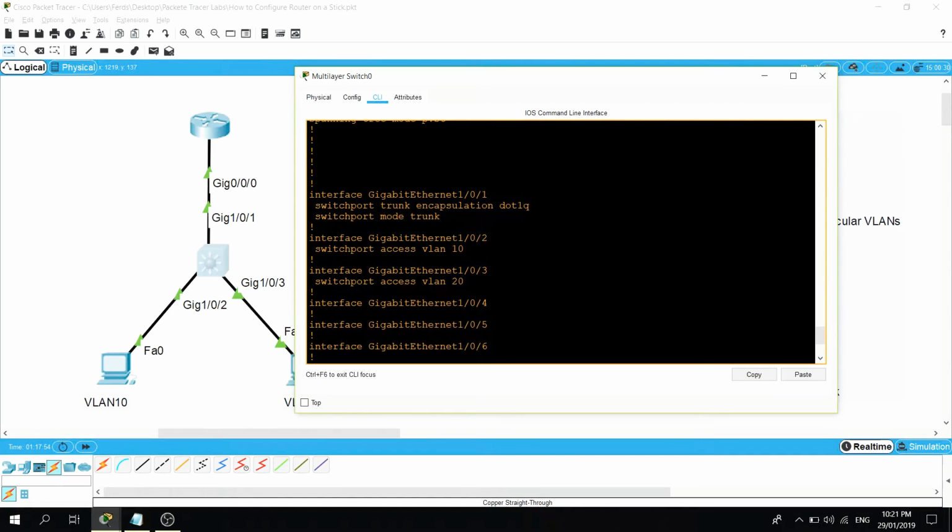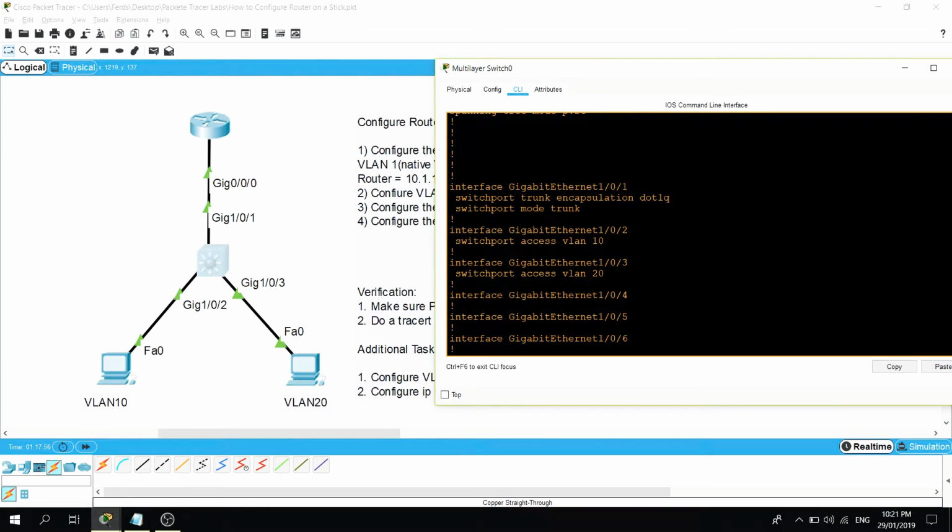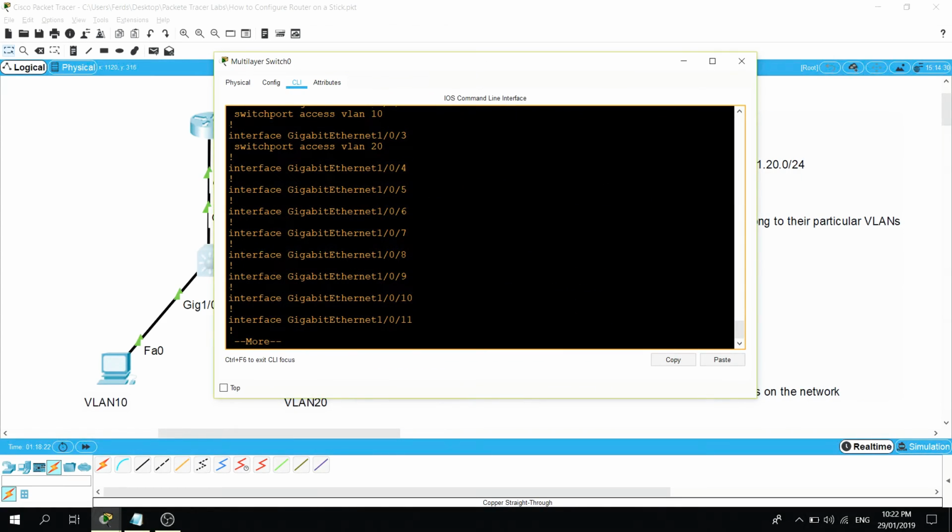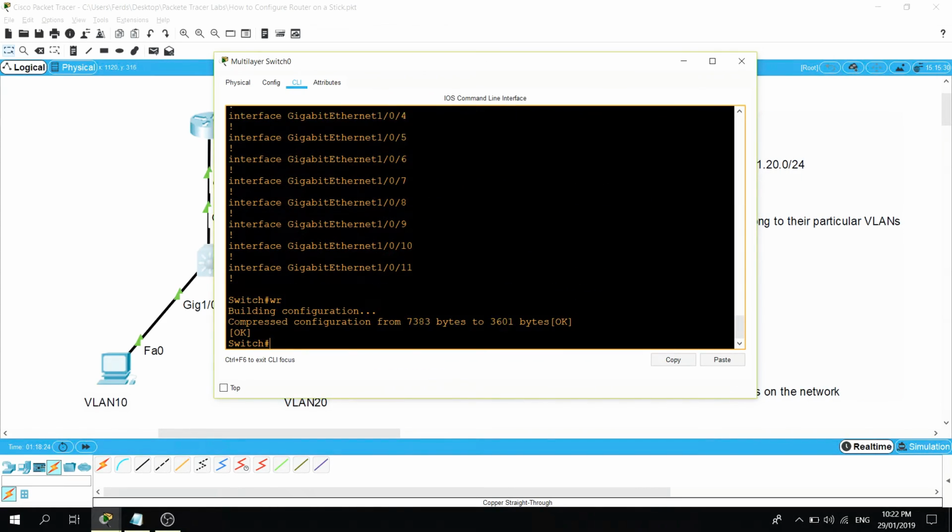So here, this is the port going to this PC here, and that port belongs to VLAN 10, and it is an access port. And this port here is an access port also, and it belongs to VLAN 20. So I'm just gonna save the config,